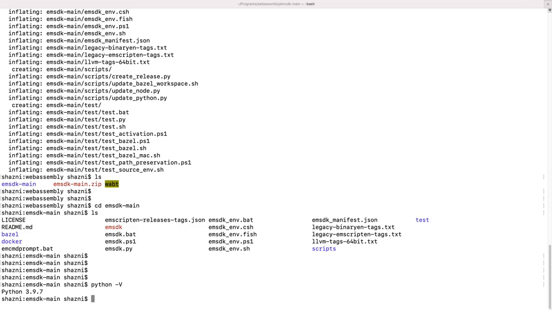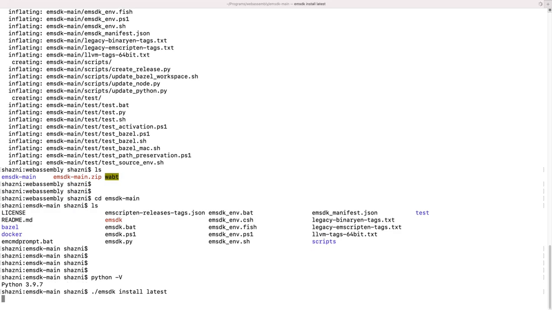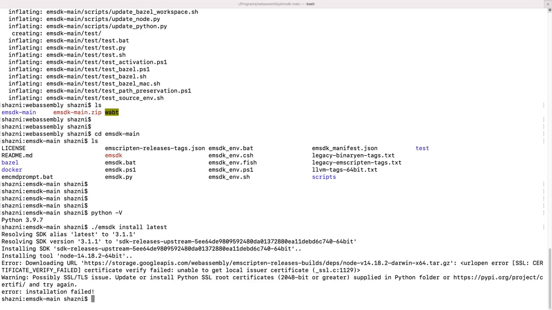It's already there, and you can run a Python web server as well. The Emscripten tool has a way of running that Python web server intrinsically too. That's why I mentioned you'd better have Python installed. But if not, you can run msdk install latest. So once you do this, okay, it says